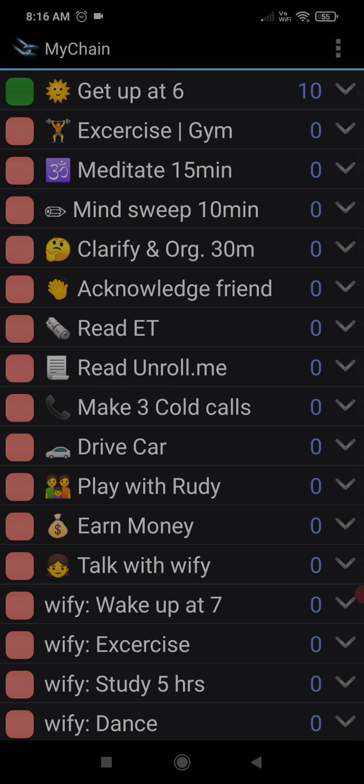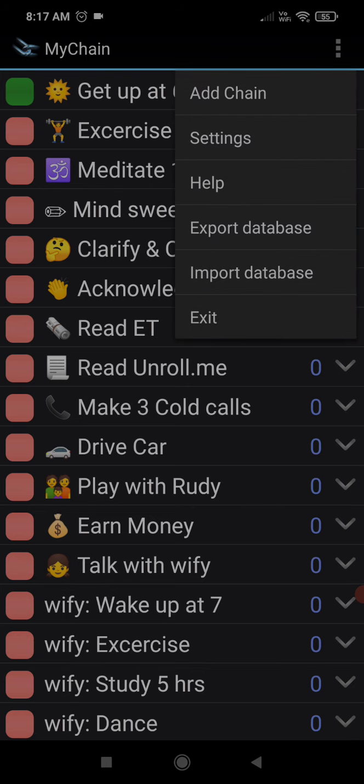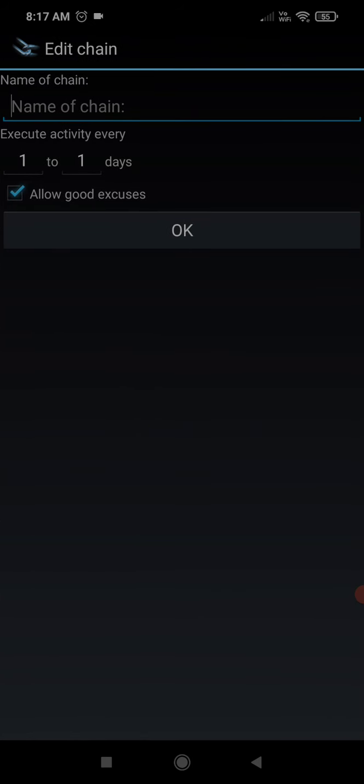Now, for the first time, the content or the data won't be available to you. So you'll have to create the content, you'll have to create the data. The way you can do it is on the top right hand side, you see there are three dots. Click on those three dots, it's a menu item. You see add chain, settings, help, export database, import database, exit. For the first time user, you click on add chain and it shows you